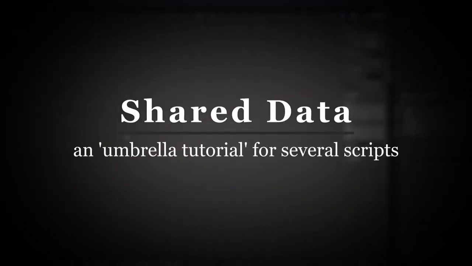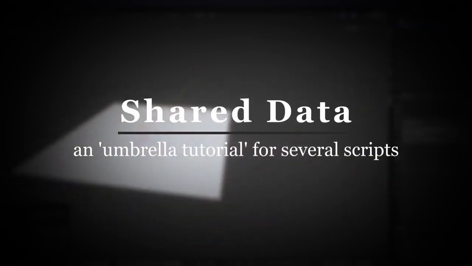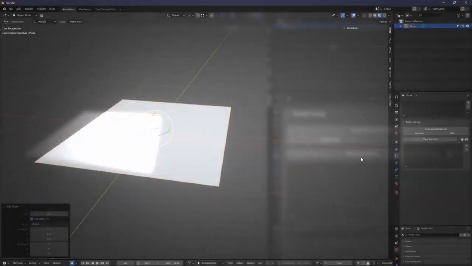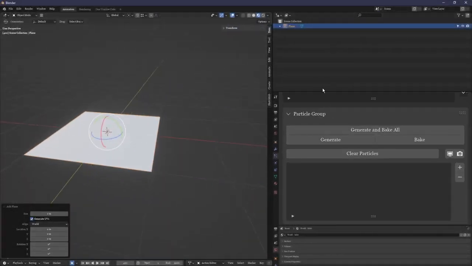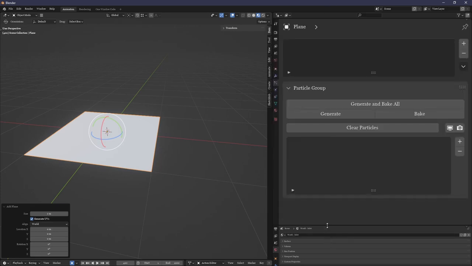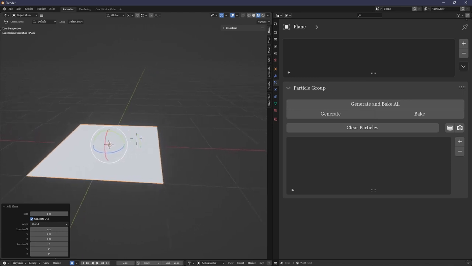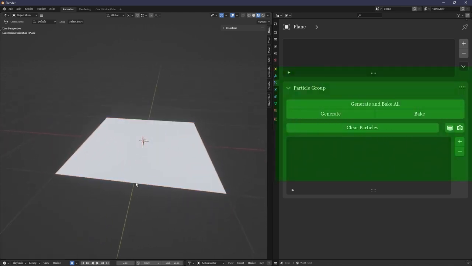If you've reached this tutorial, it's because you've come from one of a number of Inlet scripts, all of which share this same system within them, a system of sharing data between multiple objects, letting you work easily with them. Don't be alarmed if what you see on the screen here doesn't match up with the script you're looking at. The steps I show you work on all of these scripts which use this specific setup of sharing data within